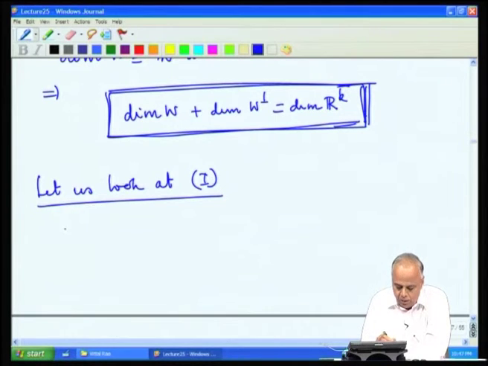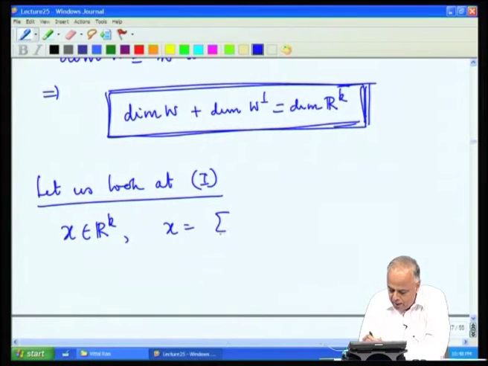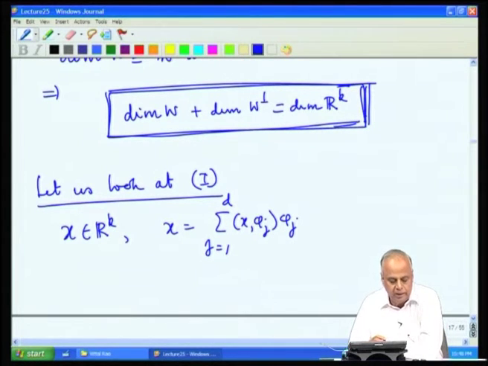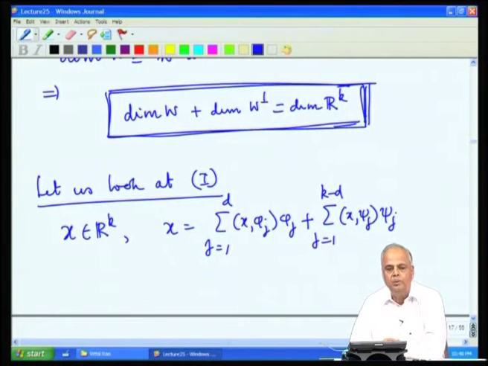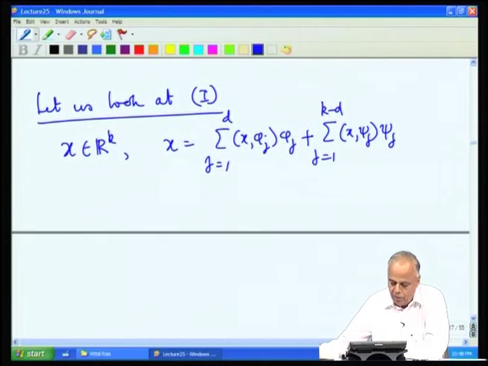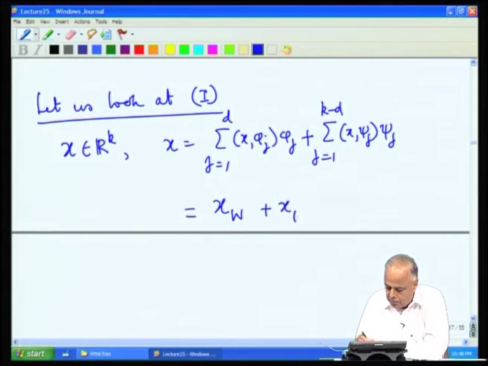The equation 1 said that if x is in R k, then x can be expanded as the sum over j equal to 1 to d of x dot phi j times phi j, where phi 1, phi 2, up to phi d is an orthonormal basis for W, plus the sum over j equal to 1 to k minus d of x dot psi j times psi j, where psi 1, psi 2, up to psi k minus d is an orthonormal basis for W perp. We will call this x W plus x W perp,